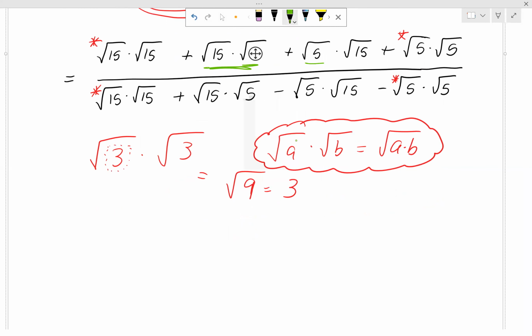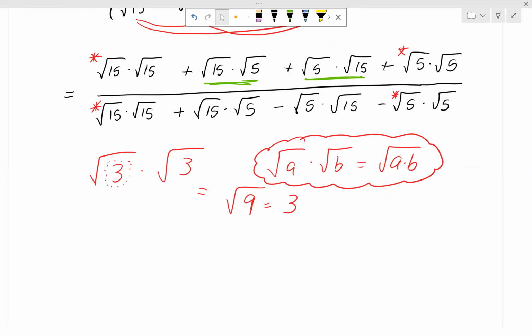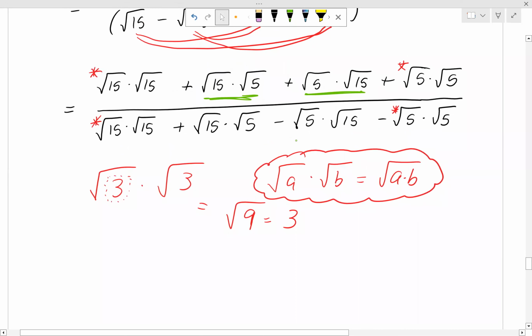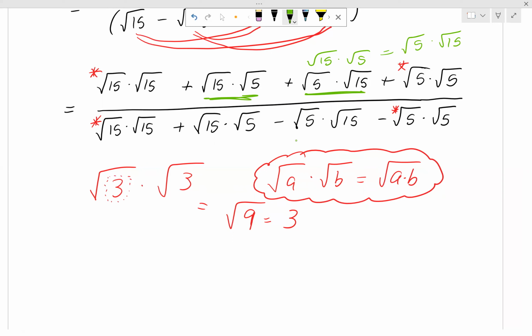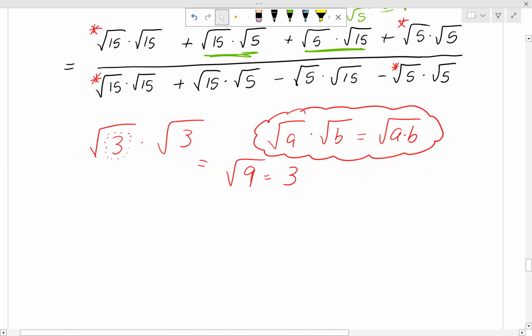Right here and right here, these are the same. Where I've underlined in green, they're the same. I just have to switch them around. Square root of 15 times square root of 5 is the same as square root of 5 times square root of 15. All right. That's just like a little note for now. So using this